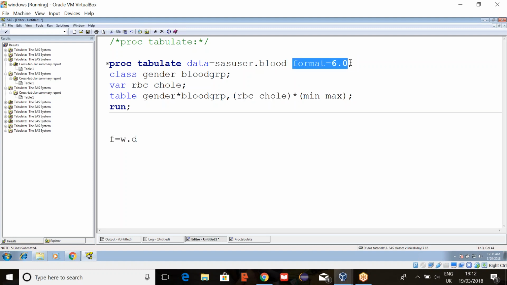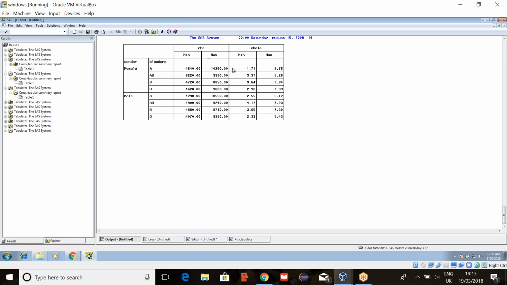Instead, if you want to maintain separate width and decimals for each and every statistic, then here we can give individually, like for minimum you want to keep format equals to. So here, the width will count these spaces also.